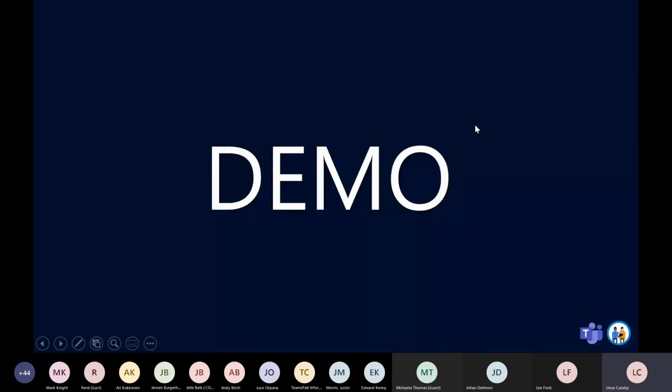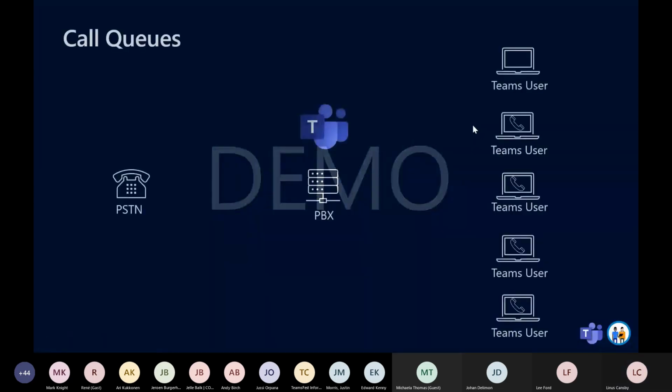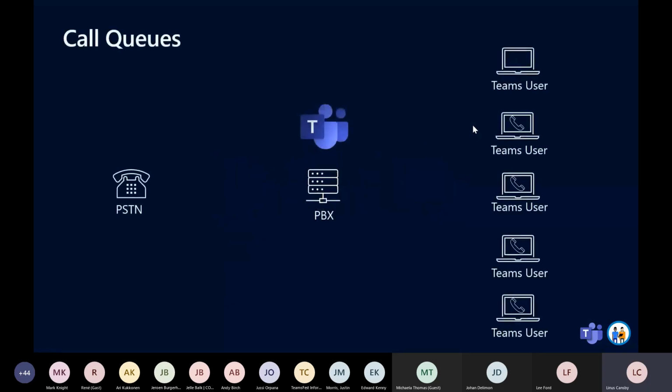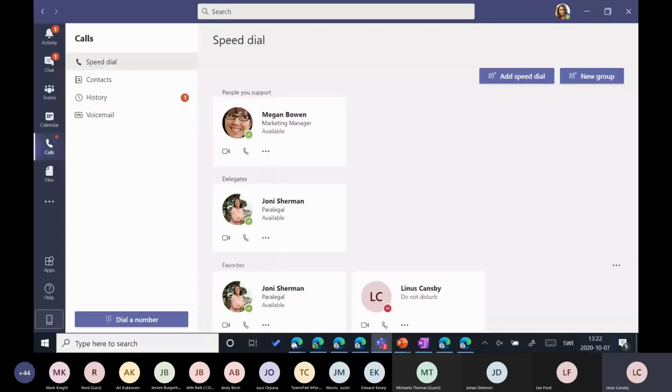Then we have something called call queues. That is, you have the PSTN number dialing to PBX, and then you want that number to be shared by multiple users. You can have it dialing them in a certain order, or you can have it dial them at the same time, so it's ringing on all the agents at the same time. Let's look at how that looks. So if I dial into a call queue here,